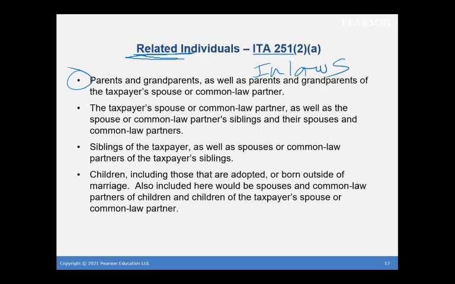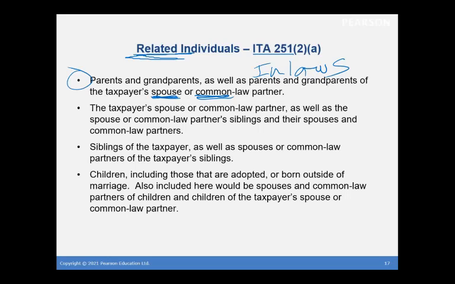Here in Canada, we'd say in-laws, right? Your spouse's parents. And also note, as we've seen before, a common law partner is just the same as a legal spouse. There's no difference in the eyes of the Tax Act between a legally married couple or a couple operating just under common law, cohabitating in a conjugal relationship. So no difference for that.